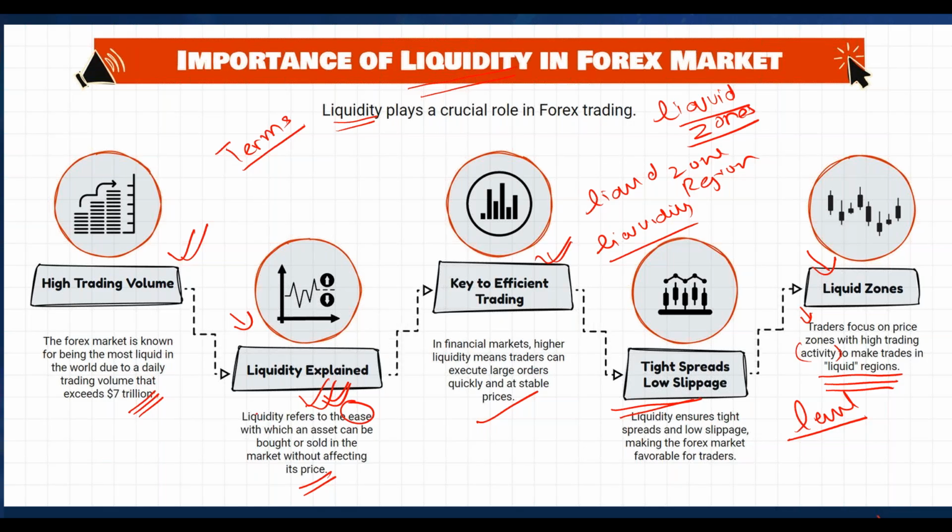And then there comes liquidity, which gives you the ease to buy and sell an asset, with tight spreads, fewer chances of errors and low slippage. What traders want to see is a high volume area, which they call liquid regions. Later, in the upcoming slides, I will explain why I'm focusing on this liquid region and what it basically means.